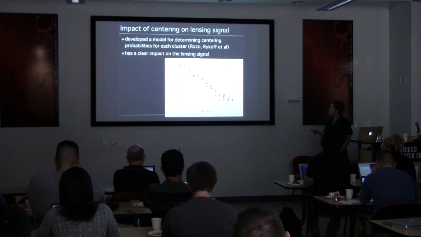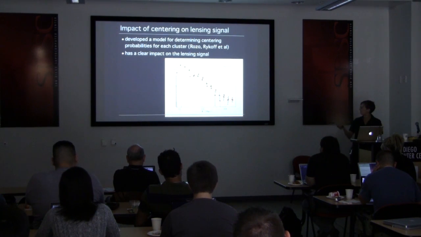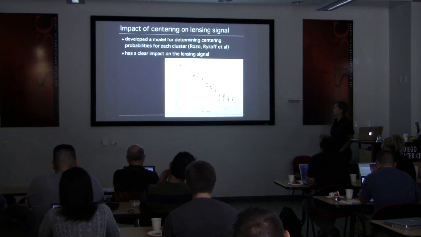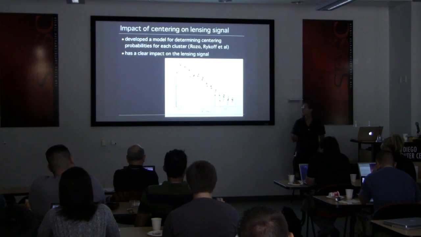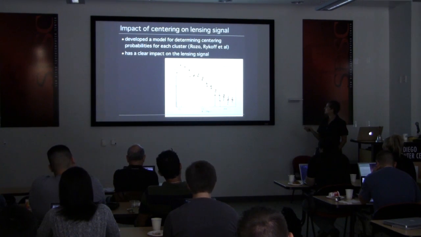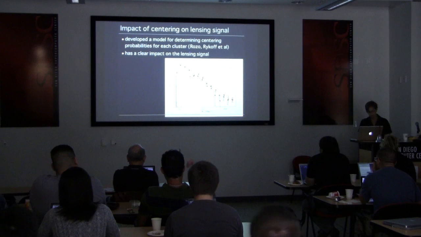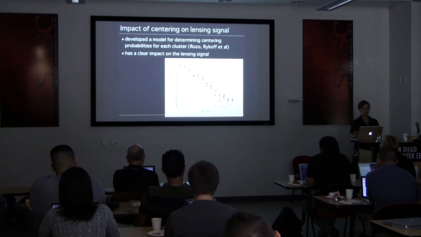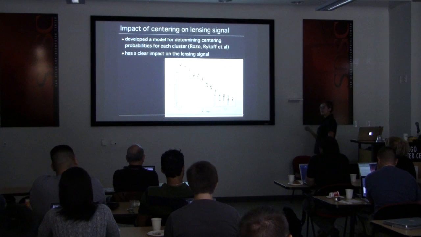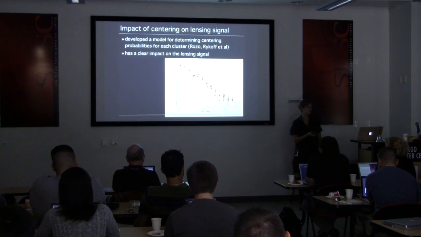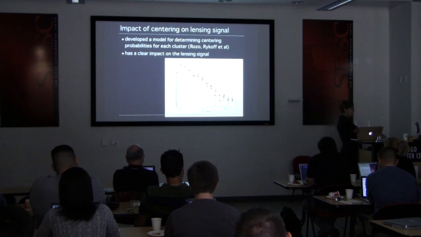Every cluster in this sample, this is a sample of redMaPPer clusters in Stripe 82. This is plotting real data, delta sigma versus R, the mass profiles of clusters in Stripe 82 with different centering probabilities. And you can actually see directly that the things which you think are well-centered have steeper mass profiles in the center. So again, this miscentering issue is something you can measure in simulations, and you can get a robust answer for that